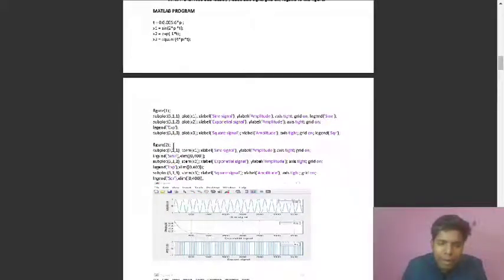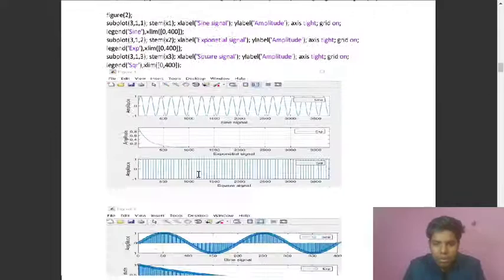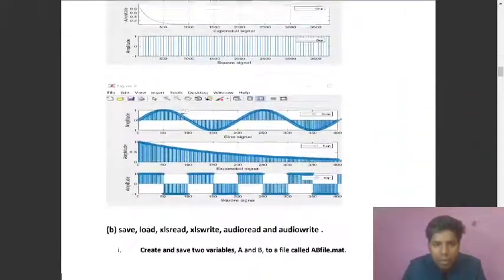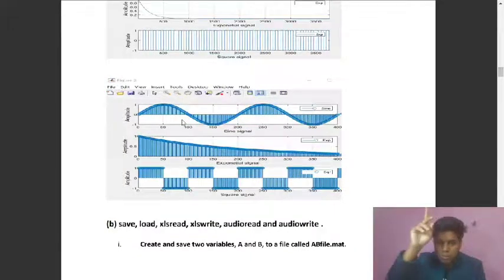we are making an empty window of figure 2, and again we are dividing it into 3 parts, like 3 rows and 1 column. And here, as we can see, we are using stem. So what stem does is plot a discrete signal. As you can see here, we are getting a continuous signal, but if we use stem, we will get a discontinuous signal. It just shows our points using a line.